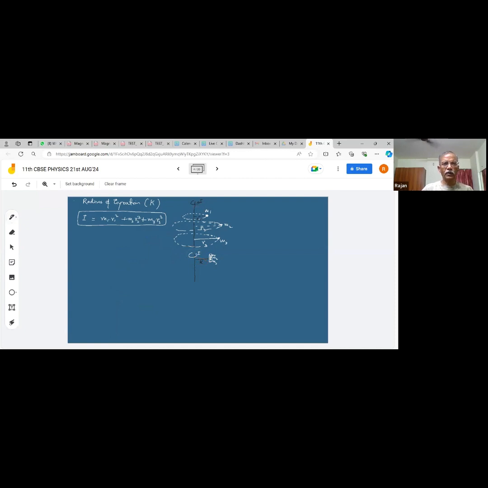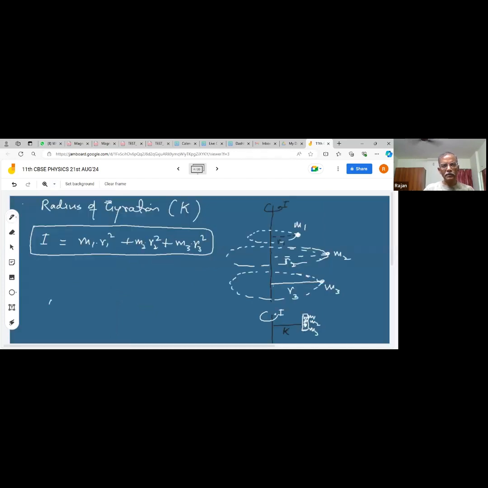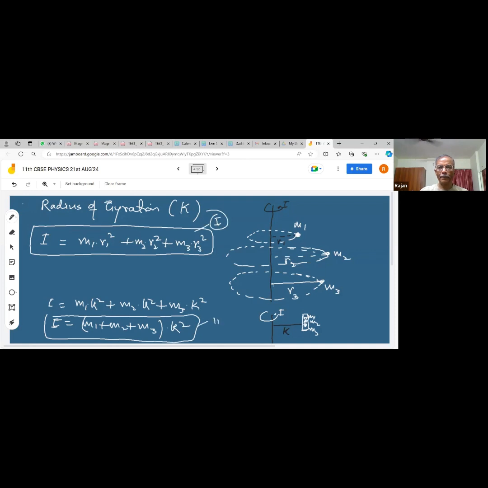So in that case, my I in the second case will be equal to M1 K square plus M2 K square plus M3 K square. All are at the same distance. So it will be M1 plus M2 plus M3 times K square. Got it? This is what we are going to have because I is same, right? I can equate these two. Yes or no? Interesting. Since I is same, therefore we can say